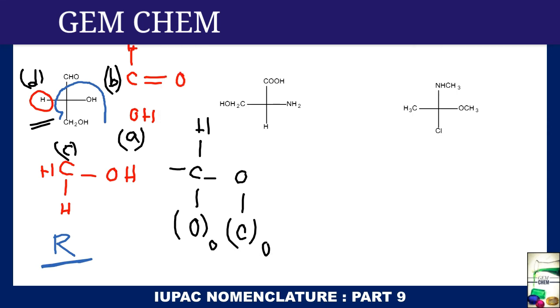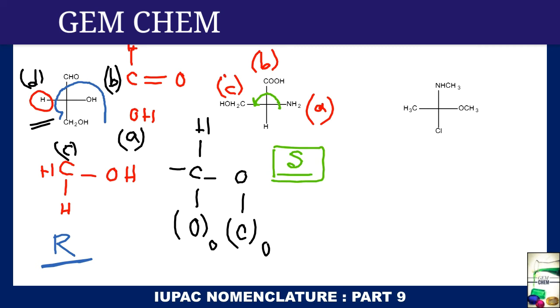Now if we go for the next one, see again hydrogen is placed below the plane, so there is no problem in it, right? And here we can see that nitrogen is the first one because its atomic number is more. Then comes our COOH because both are carbon, whereas oxygen is present 2 times in the COOH. So now we proceed for our nomenclature. So A to B to C, so this is S, anti-clockwise, right? And this molecule is known as serine, and this one is known as glyceraldehyde, the first one.